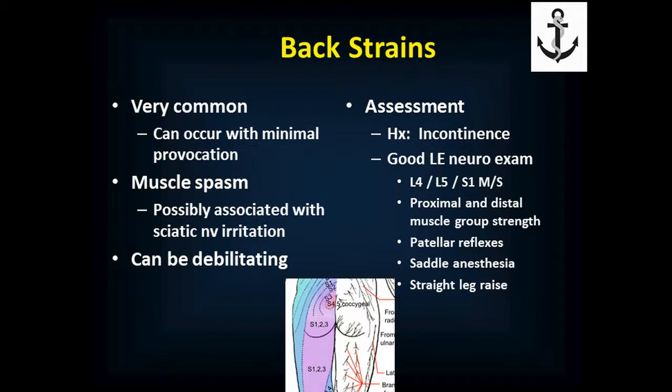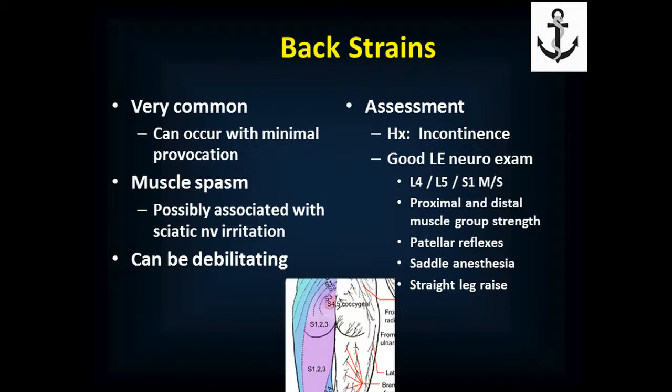And then you need to do a good lower extremity neurologic exam. So we've talked about the L4, L5, S1 motor and sensory testing before. You need to do that. You need to do proximal and distal muscle group strength. What does that mean? That means that they need to be able to flex at the hip and straighten at the hip, flex and straighten over the knee, flex and straighten over the ankle,